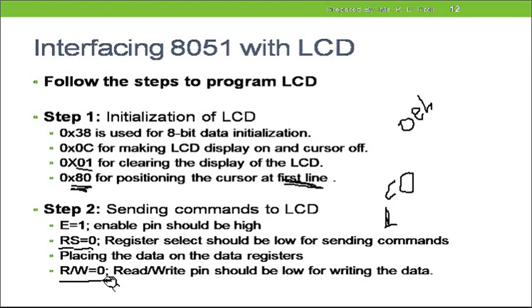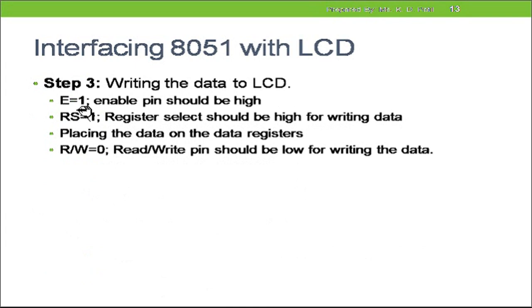After that we will require the read write pin. As we are going to display some data on the LCD, we are concerned about the write operation, and we are not concerned about the read operation. So for us the read write pin will be 0. After that, how to write the data to the LCD? As I told you, E will be the same for us, as we want to latch our data and instruction. Then as we are going to write, read write will be 0 for us, and now register select will change.